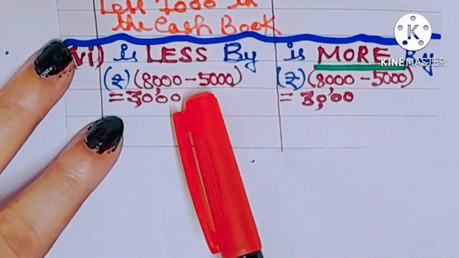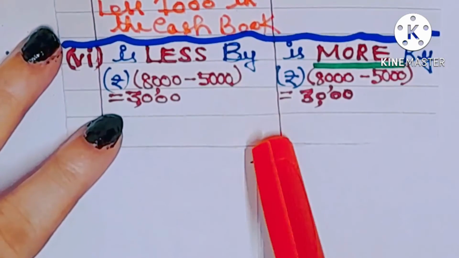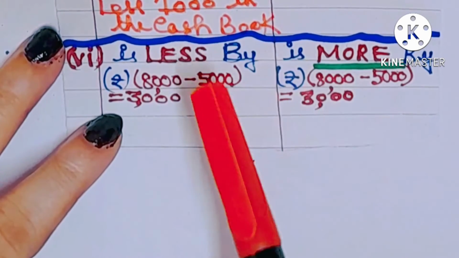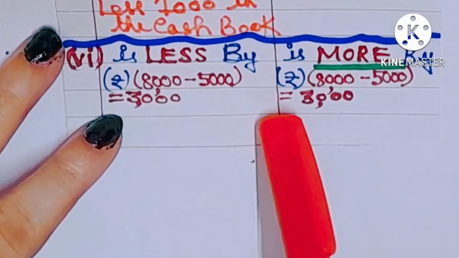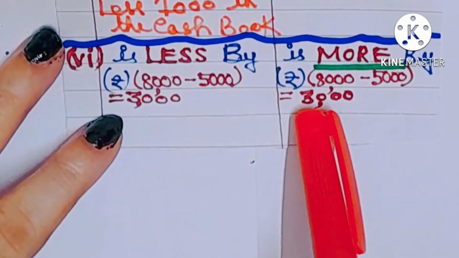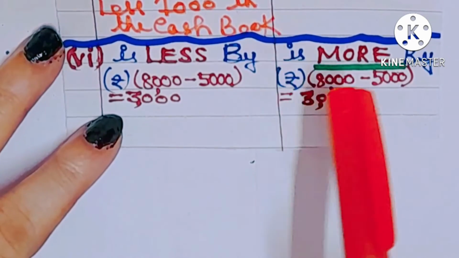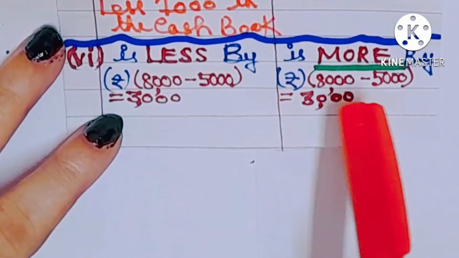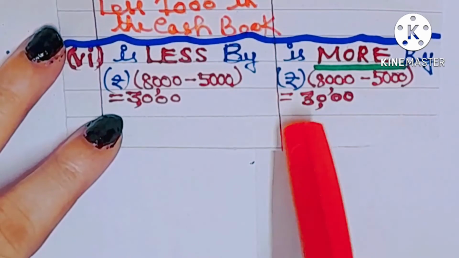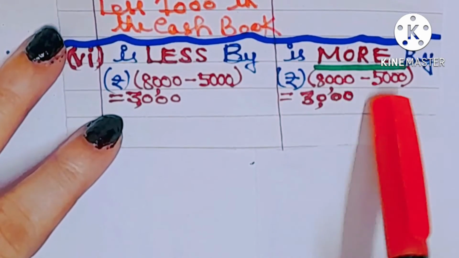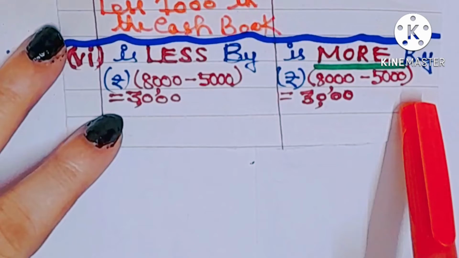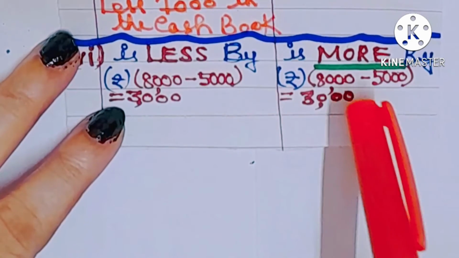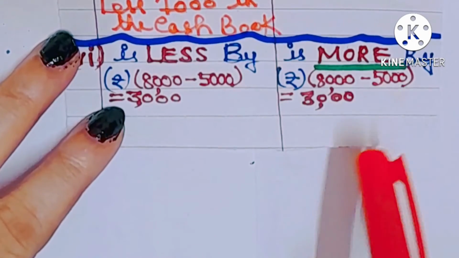Suppose there are 2 checks paid to a creditor. One check amounting to rupees 5,000, another check amounting to rupees 3,000. Okay. Rupees 5,000 has been presented up to 31st March 2022 or within 31st March 2022. But the check amounting to rupees 3,000 has not been presented to bank for payment. You can ask me, how did I get rupees 3,000? Deduct 5,000 from 8,000, you'll get rupees 3,000. There were 2 checks, 5,000 and